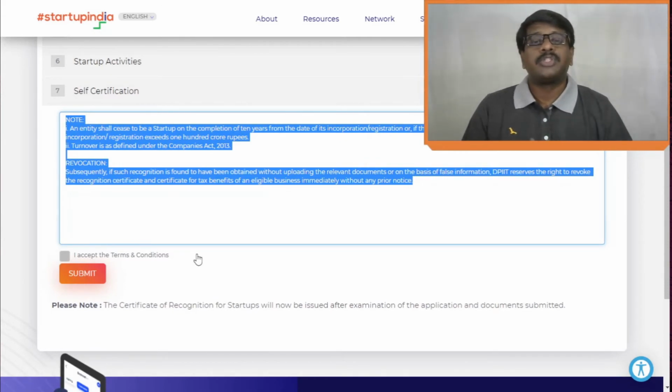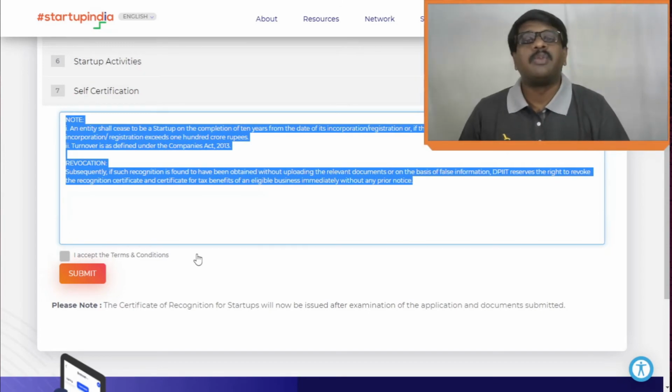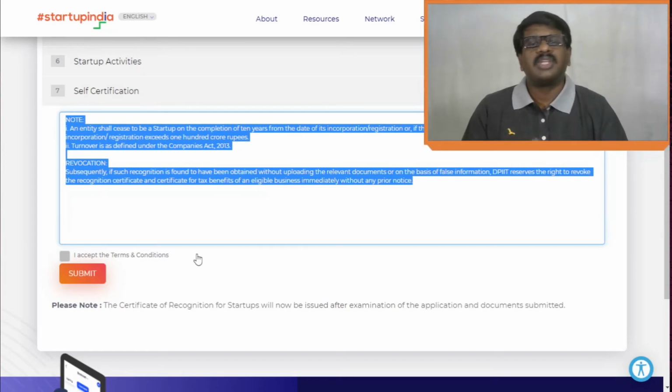Now what happens is once you submit your application, tentatively it takes around 15 to 20 working days for Startup India to respond and issue the certificate. It's pretty quick. I have seen in some cases where the certificate has been issued even within 1 week of time. Okay, so there is no prolonged waiting time. So in most of the cases, the certificate is issued within no time. Okay, but the maximum we can take it as 15 to 20 days. But as I said, even within 1 week, the certificate has been issued. So applying for this recognition is very simple.